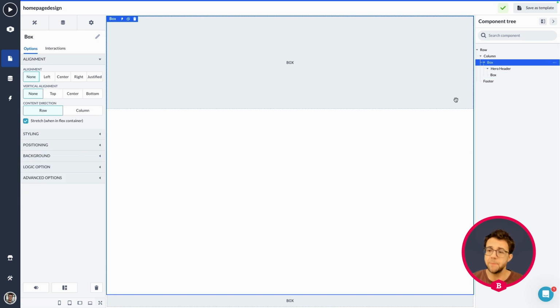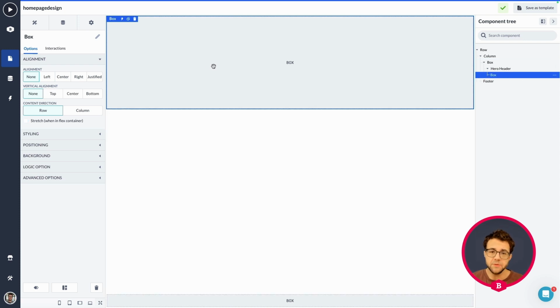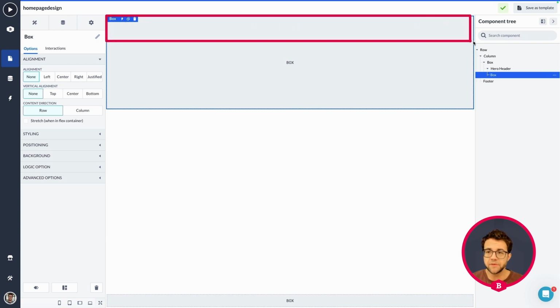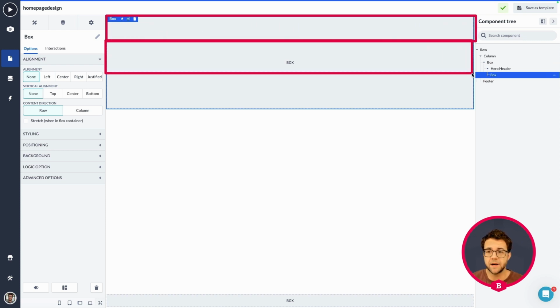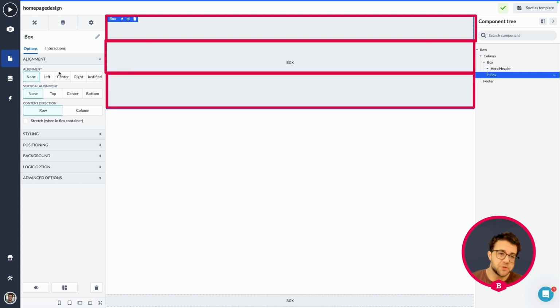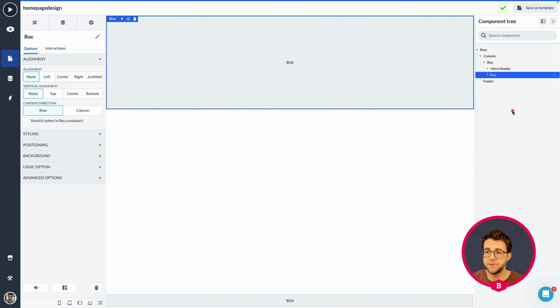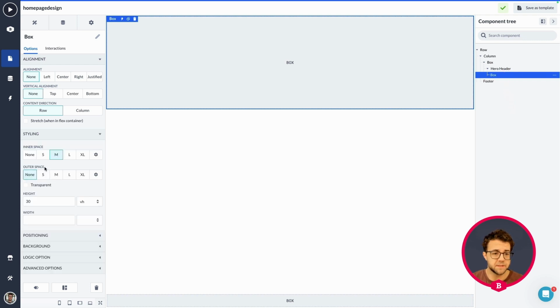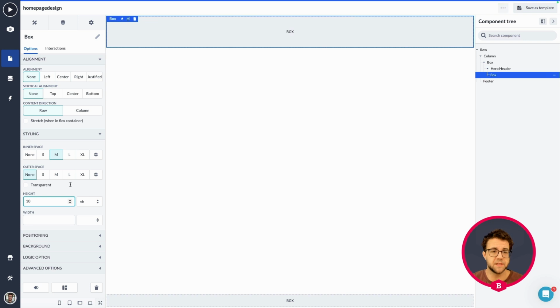As you can see, it immediately popped down to roughly 30% of my viewport height. But if we only do this to one box, then if we want any overlapping elements within our header to make it look very cool, we have to drag in boxes all over our header box again. But we've already defined our header box. So let's put this box here to 10% view height and then duplicate that